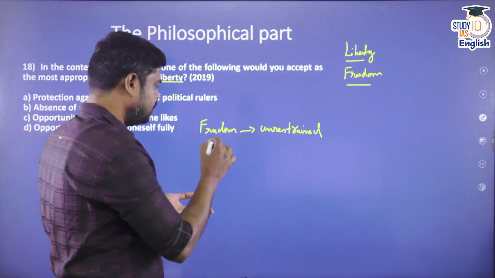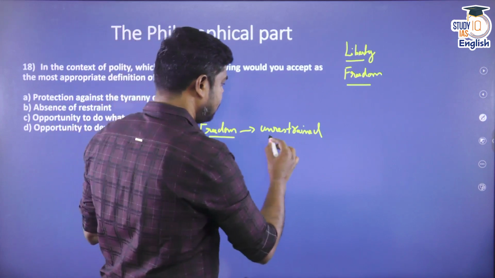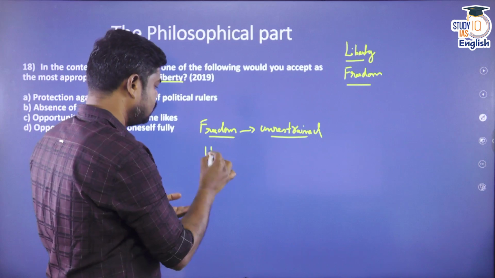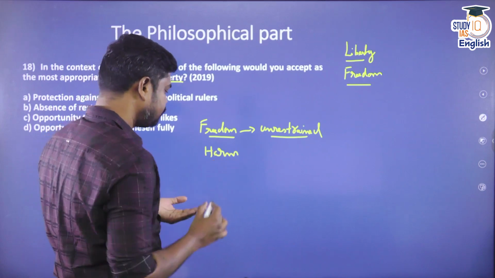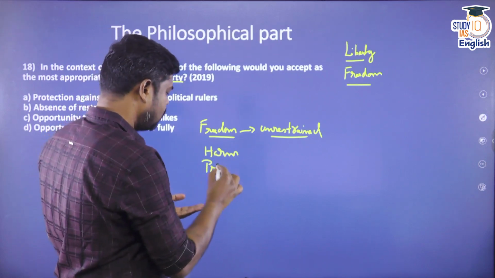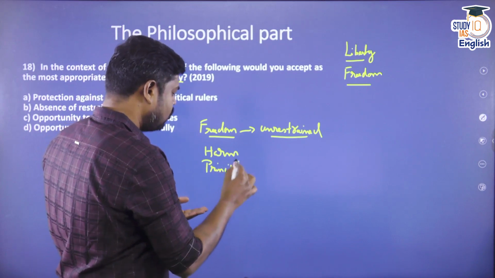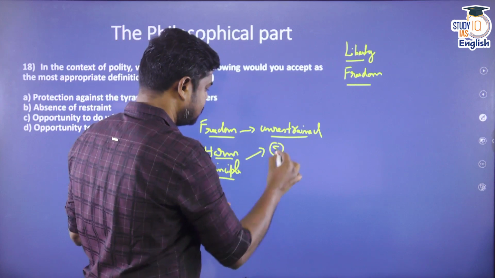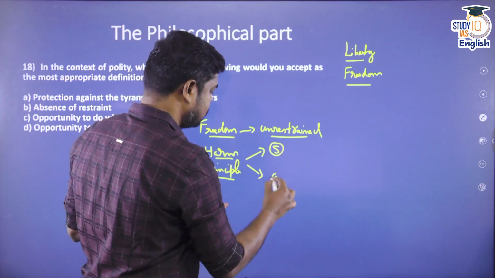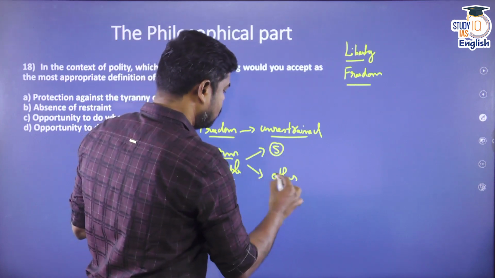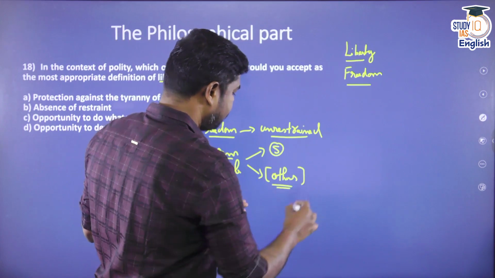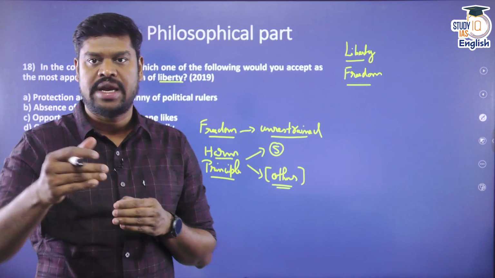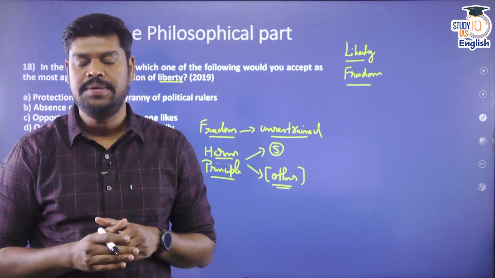But at the same time, freedom is very dangerous. Anything that is unrestricted means the individual can engage in certain activities which can harm others in the society. This is also called the harm principle. But what does it mean? The individual can engage in two types of harms: self-harming actions and harming others in the society. So the idea of freedom is dangerous because in the name of freedom, people can engage in activities which may harm others in the society.